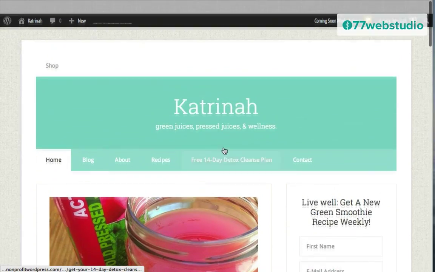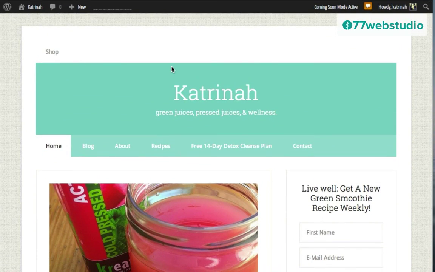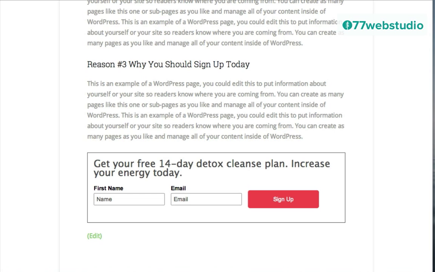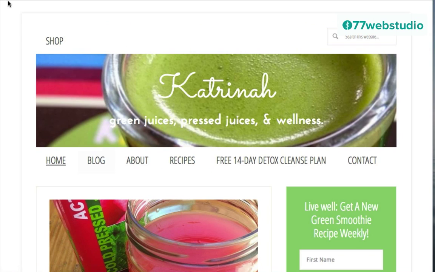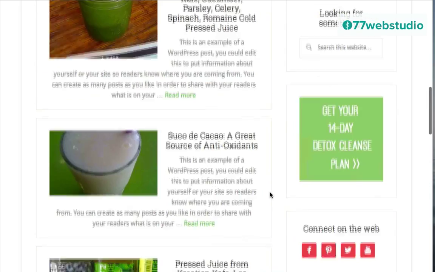So the final thing we need to do, this is the fun part now, we get to completely customize the complete style and look of this entire site so that when we're done, it will look just like the completed demo site over here. With a white background, larger navigation menu items, we have the Google fonts added to the title and the tagline, and we've completely customized this entire website.